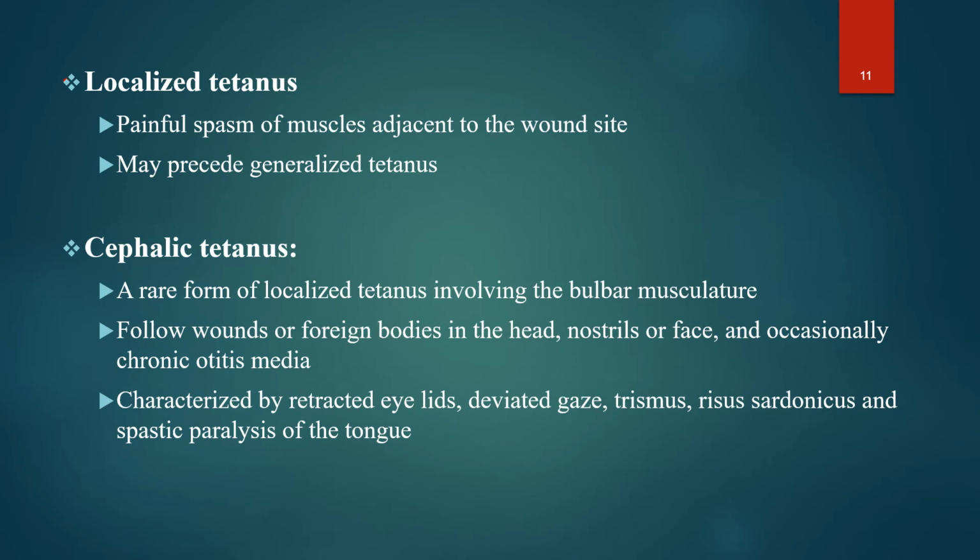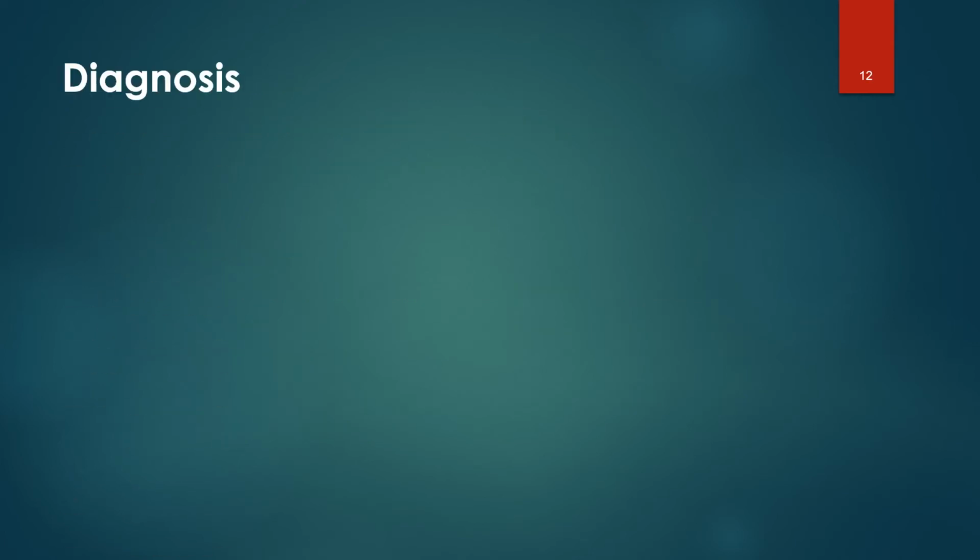Localized tetanus is a painful spasm of muscles adjacent to the wound site, and this localized tetanus may precede generalized tetanus. And cephalic tetanus is a rare form of localized tetanus involving the bulbar musculature, and it follows wounds or foreign bodies in the head, nostril, or face, and occasionally it might follow chronic otitis media. This is characterized by retracted eyelids, deviated gaze, trismus, risus sardonicus, and spastic paralysis of the